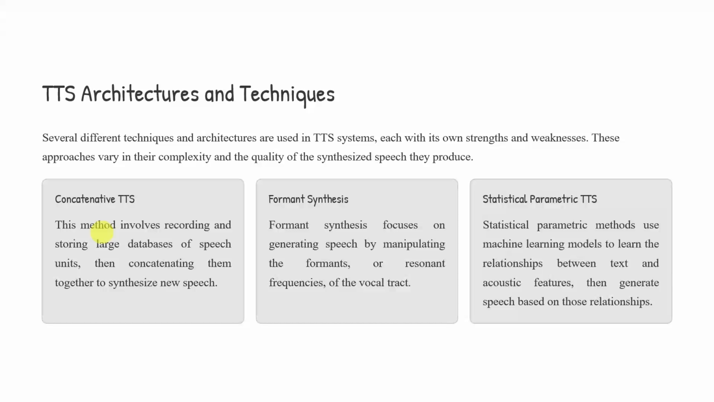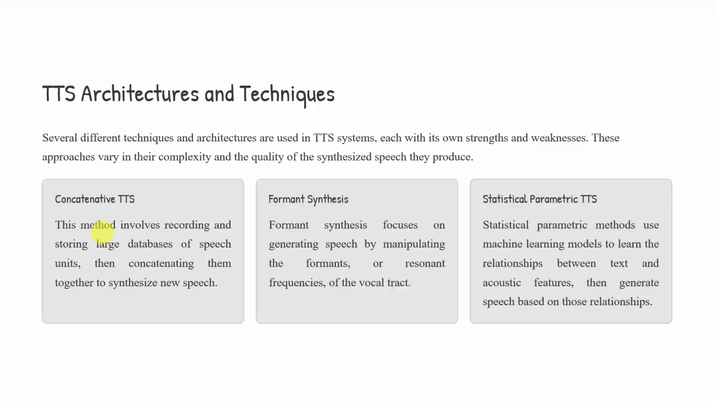How are we going to train these concatenative text-to-speech architectures? They involve recording and storing large databases of speech units, then concatenating them together to synthesize new speech. First, we have to train the machine with some sounds: how the words should be pronounced, which phonemes will be used, and in which way we produce the sound for the given language. We train the model with large datasets of those particular sounds. This concatenation technique is helpful for generating new synthesized speech in a